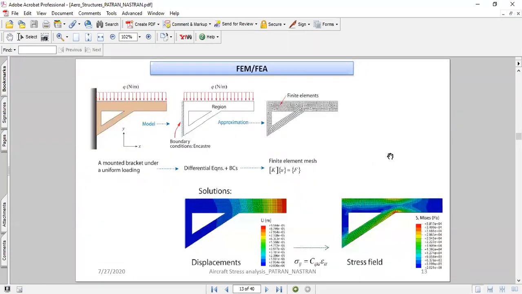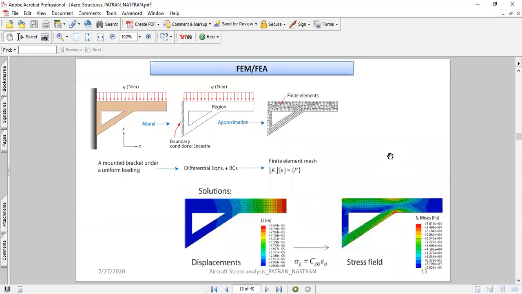On this slide, I have shown a typical bracket with the applied uniformly distributed loading, and how the physical problem is being converted into a mathematical approximation. Piecewise polynomial means piecewise elements.